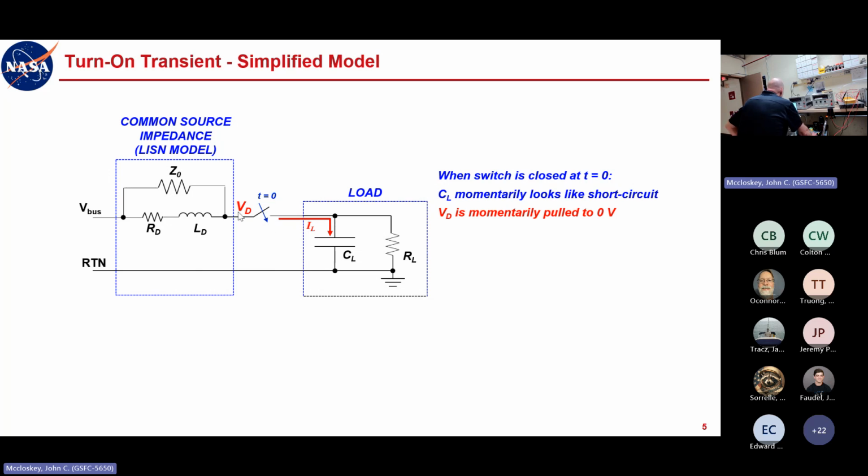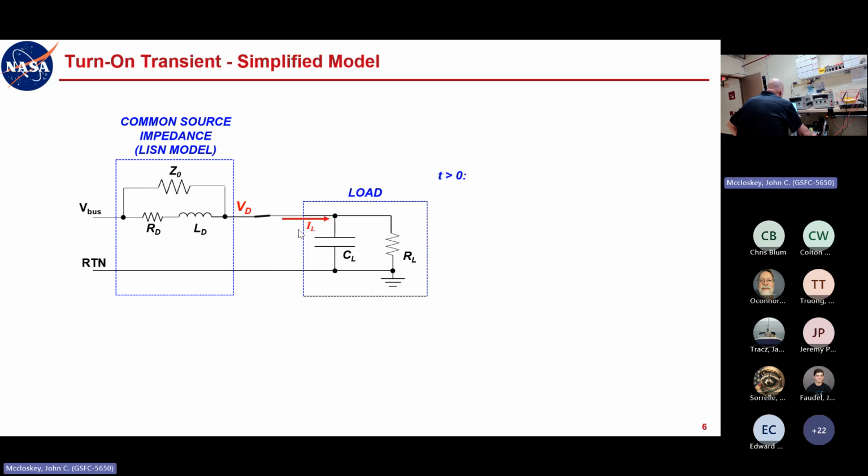So what that means is that your distribution potential, the voltage at the distribution point, is going to be momentarily pulled to 0 volts. It's going to pull it to your reference here, to 0 volts. Then